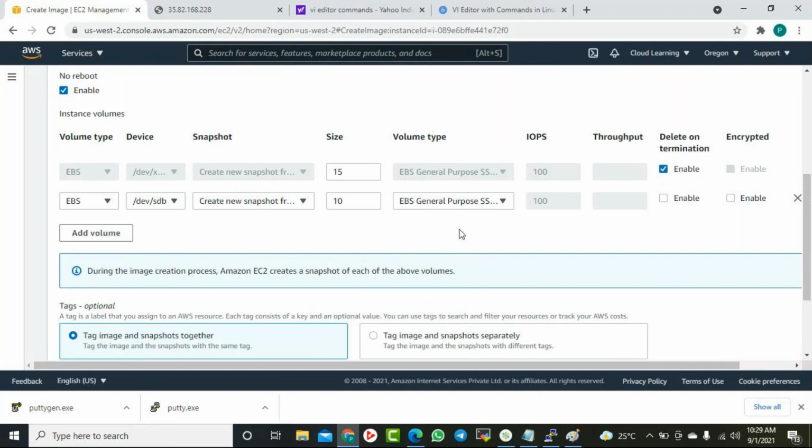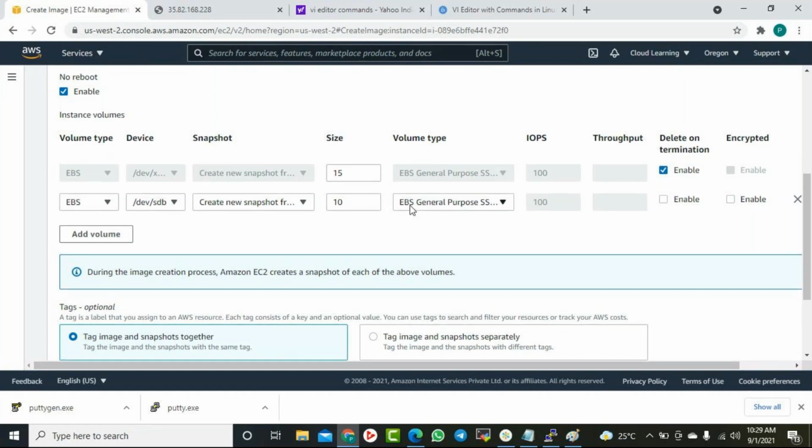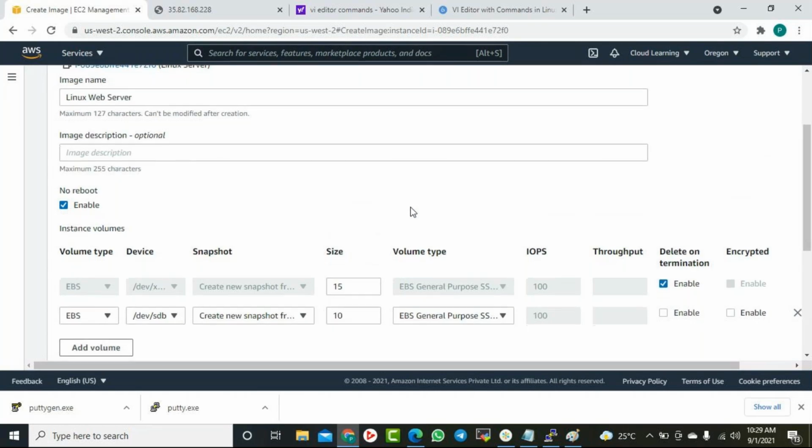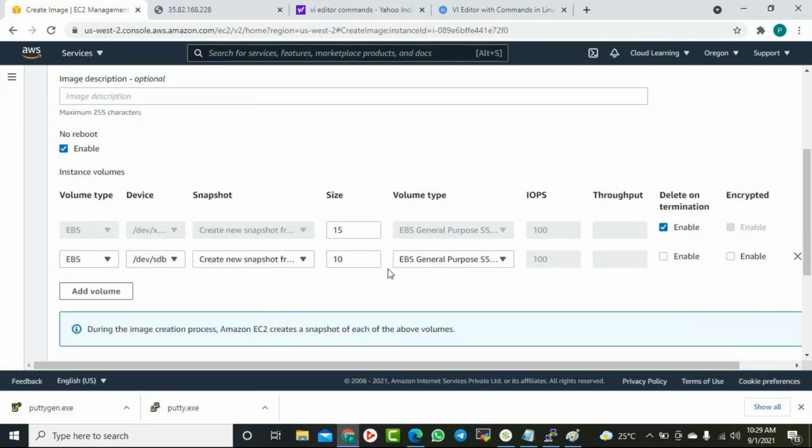So ideally you have to keep both disks. You shouldn't change it, because an AMI is just kind of a copy. If one server has two disks, it must have two disks. That is the point. It's like a disk to disk copy. Yes, exactly.